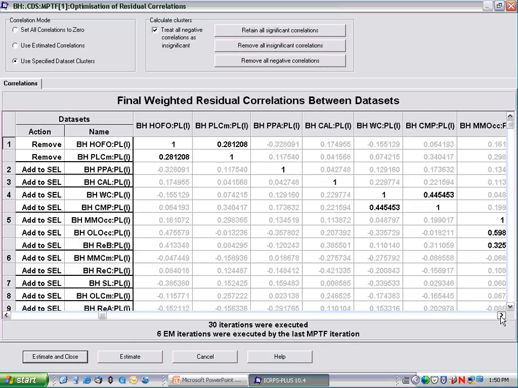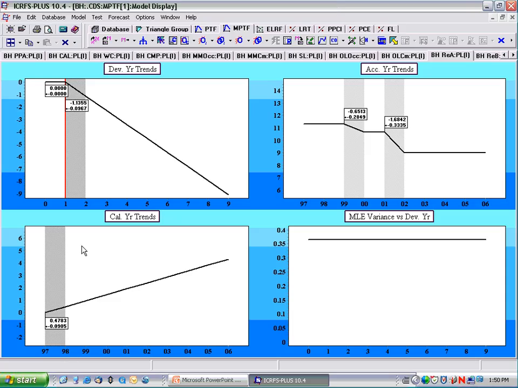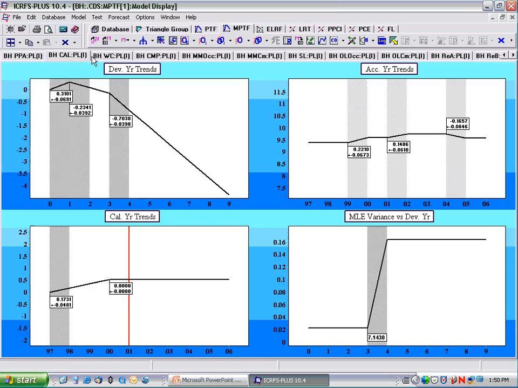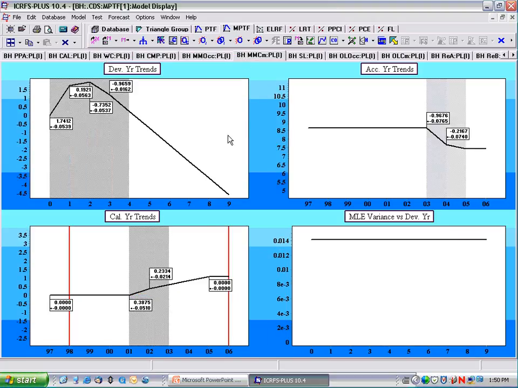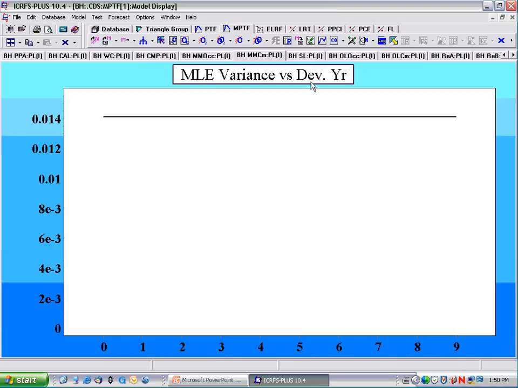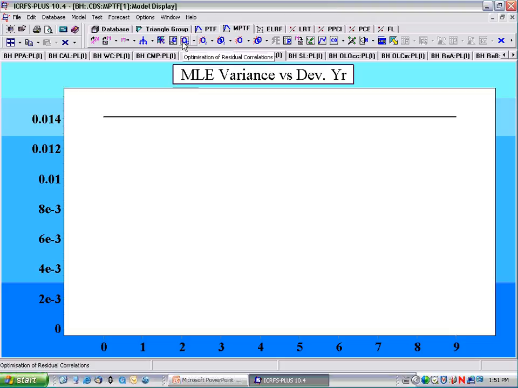Let's see what's the highest process correlation. The highest process correlation is 0.5988. And you'll see later on that reserve distribution correlation is much lower than process correlation. So let's estimate this and close. So essentially our composite model is the volatility structure, which is made up of 2 parts, the trend structure and the process variability that has a normal distribution for each line of business, plus the correlations that we have between